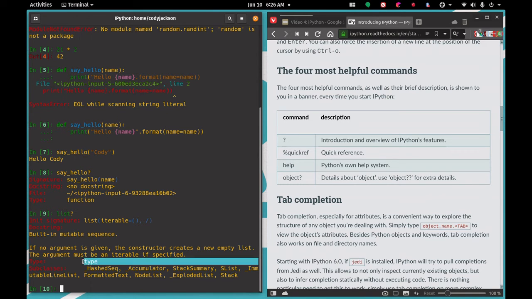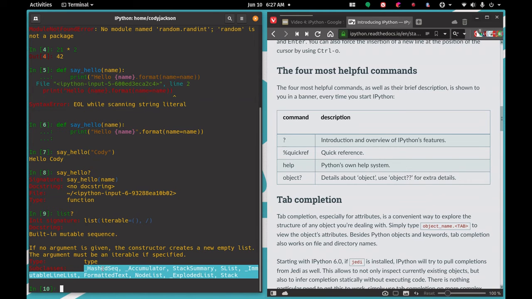It has a type of type, which doesn't mean much to you, except for the fact that if you see that this is a type here, and then this up here, our say hello, was a function. And then there are different subclasses of list that you can use for different purposes. So that's just an example of the question mark that